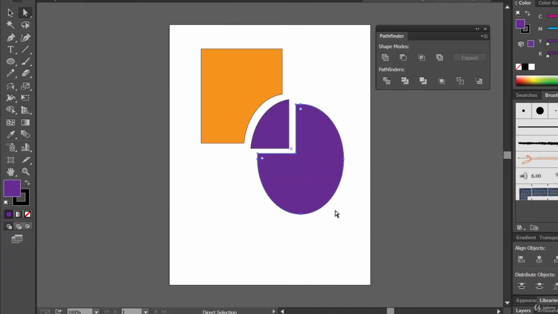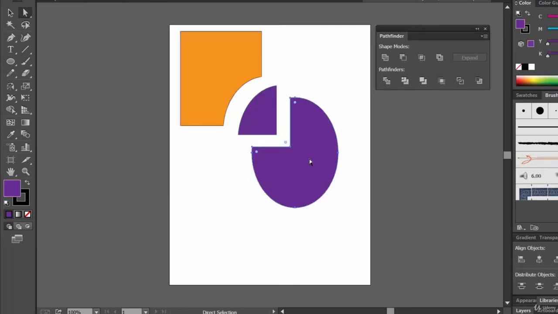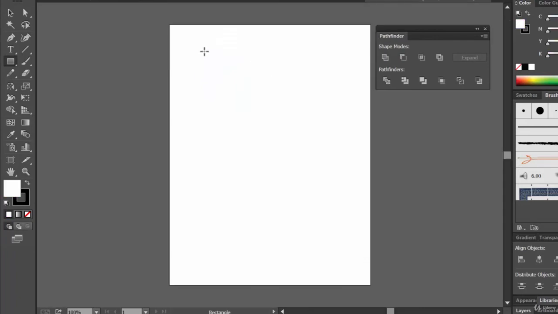But what is happening regarding trim? Regarding trim, the intersecting part belongs to the object which is at the front. I think you are getting it, right? Again, let me go through the concept. And this time let's use different shapes. Let me go to a new document and let's create